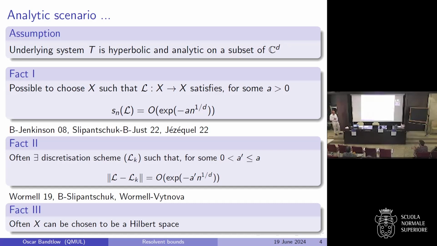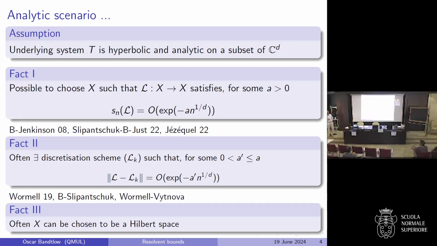using something like this. Okay, and the third fact is that often X can be chosen to be a Hilbert space. So from the dynamical perspective, this doesn't really look like very much, because in dynamics you never worry too much whether you are in a Hilbert space or not. Often, in fact, the good spaces are not the Hilbert spaces, but typically Banach spaces. So the most natural space on which transfer operators, or Frobenius-Perron operators, live are L1 spaces. But